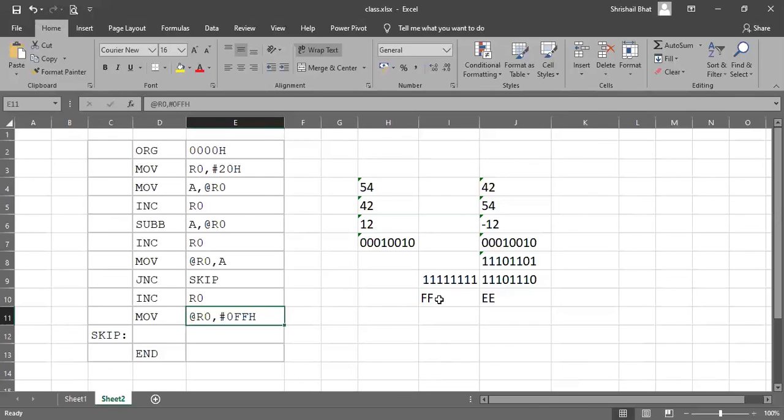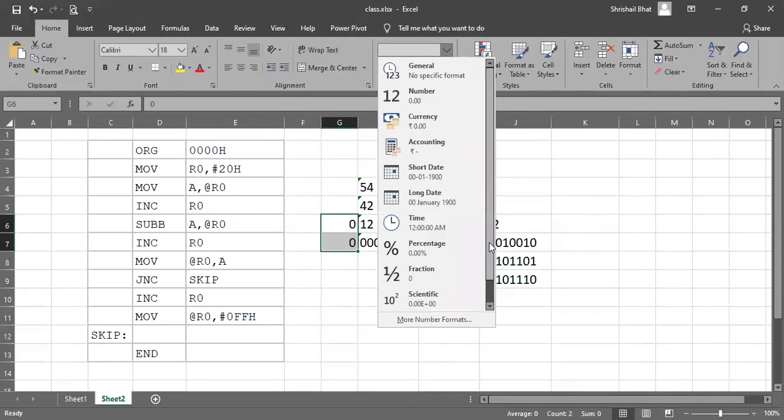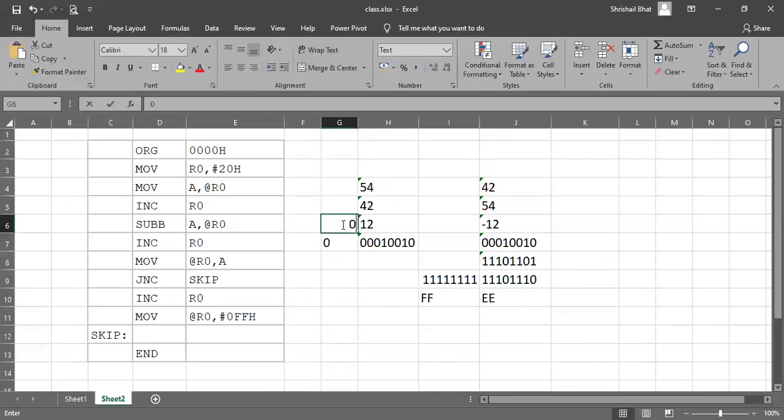Okay, so if there is no carry, then you just skip. It will be 0 anyway. You just leave it as it is. In this case, the answer will be 12, means the higher order bit will be left as 00. No need of changing anything. But if it is minus 12, you need to change this higher order location into FFH just to indicate it is a negative number, because in a negative number, the MSBs will be ones, right? So this will indicate minus 12. Is it clear? So you are storing FFH in the higher order location. That is 20, 21, 22. In memory location 23, we are going to store FF to indicate a negative number.